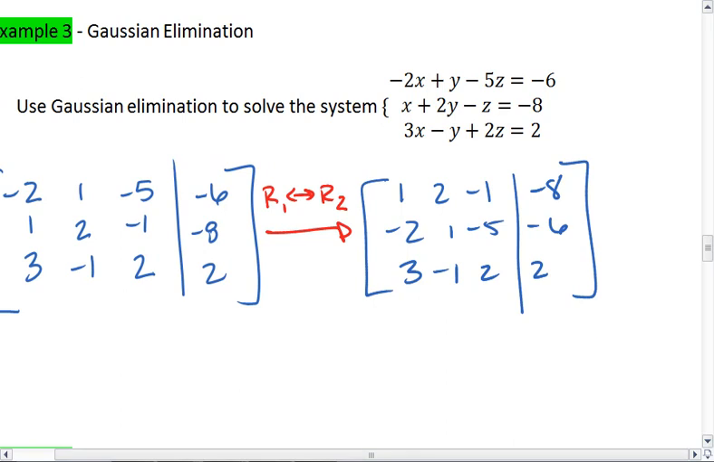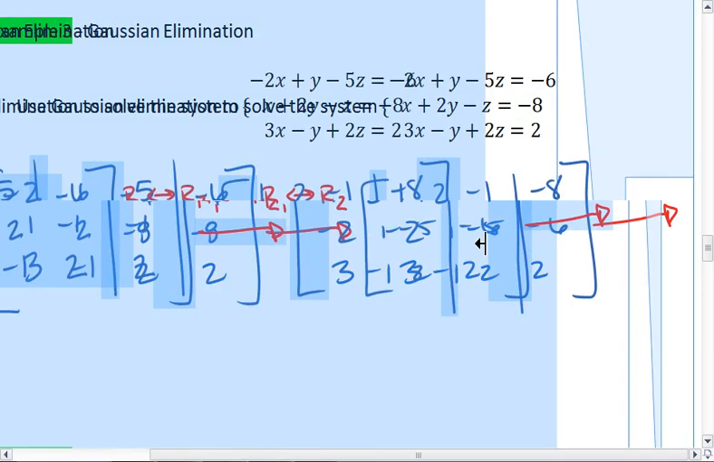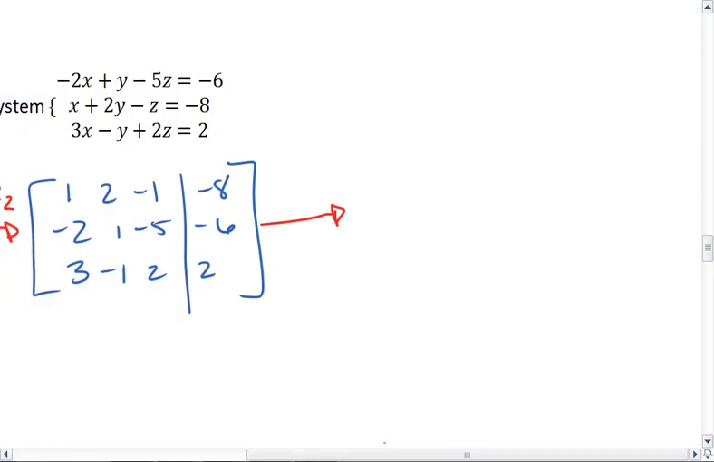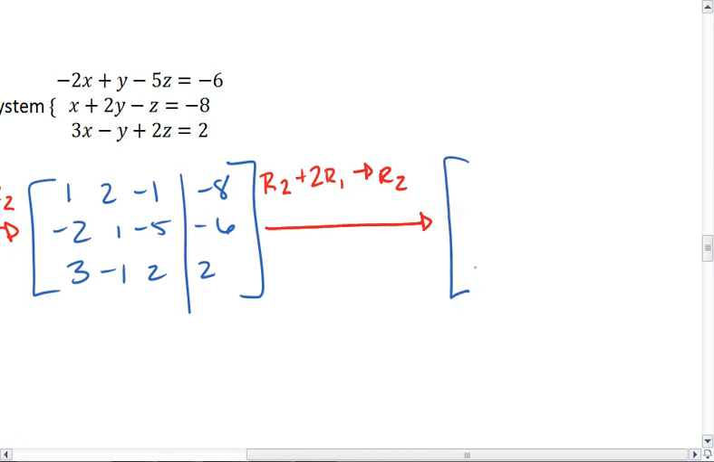Okay, next thing I want to do. I want to try to now make these numbers into zeros. The way I do that is by using my first row now. What I'm going to do is take row 2 and I'm going to add 2 R1s into it. And this is going to become my new row 2. So what I do is take